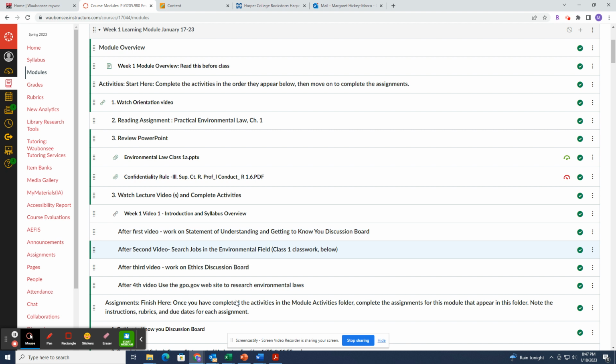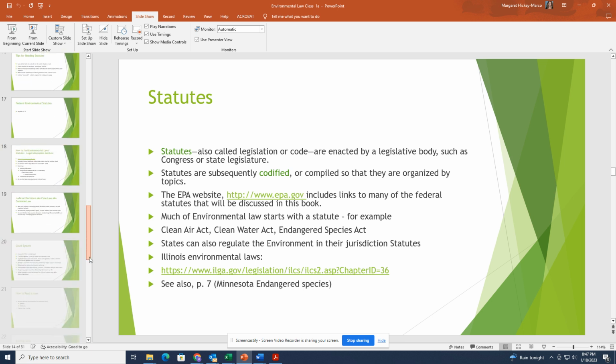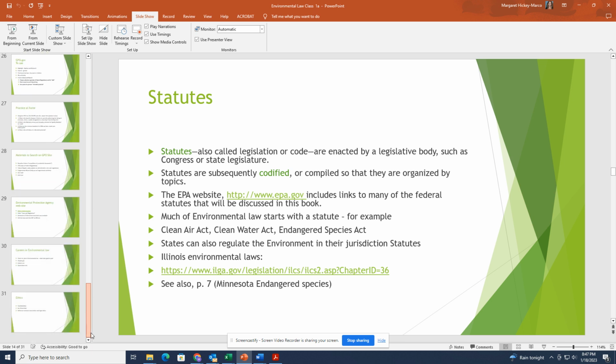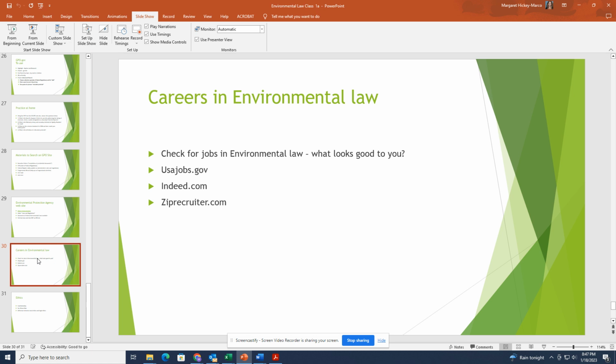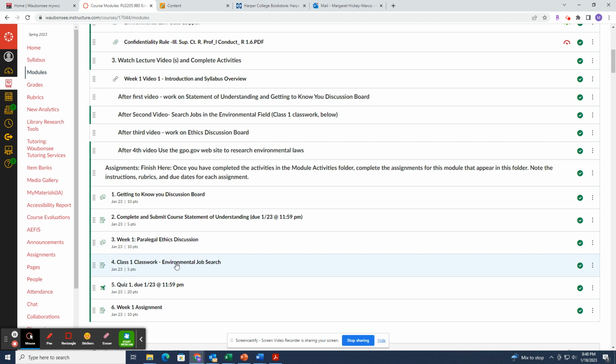So one of the things that I want you to do right now, and this is just so you don't have to sit here and listen to me ad infinitum. You're taking environmental law because you're interested in environmental law. So I want you to just do a little exercise as our classwork, to try some of our standard employment websites and look for jobs and see what looks good to you. And then for your classwork,